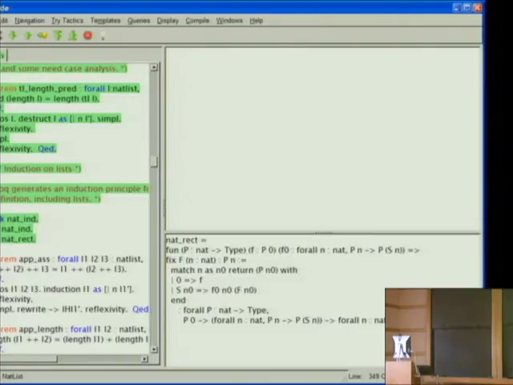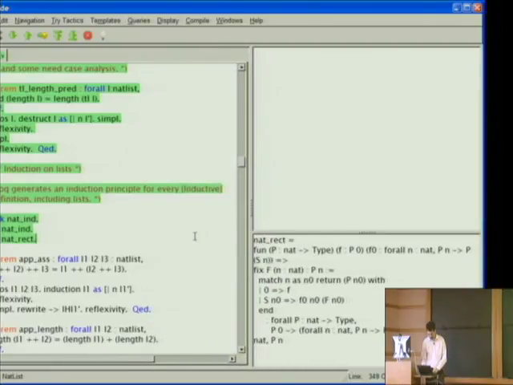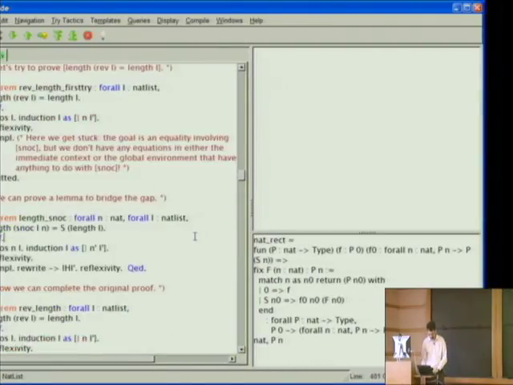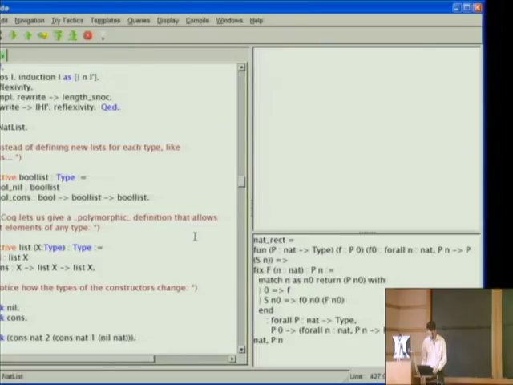This is sort of the raw calculus of inductive constructions. So underneath all this, there's a logic. Everything I'm proving with the tactics is actually constructions of terms in the underlying logic that are checked by the kernel of Coq. So the tactic system may or may not have bugs in it. The kernel is expected not to have bugs. And in fact, I want to skip to the end, because I'm running out of time, not the end, but